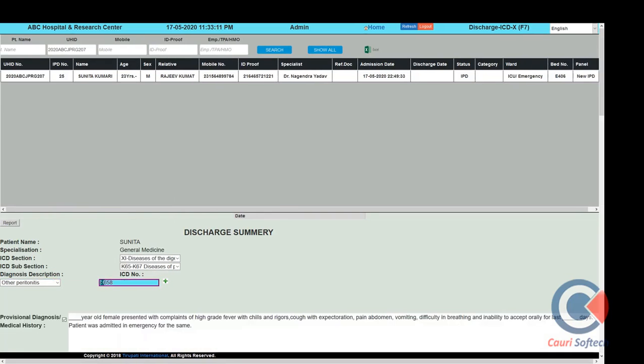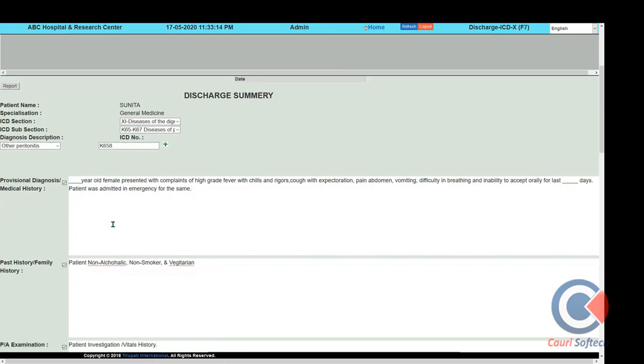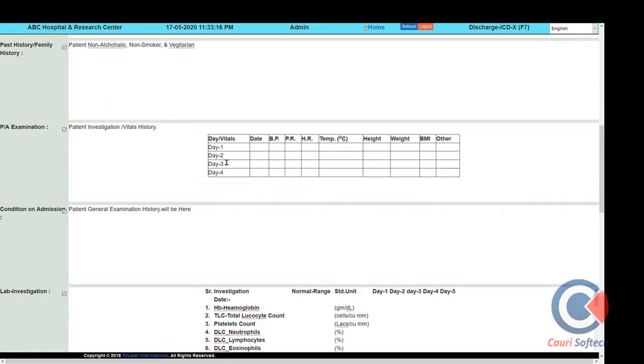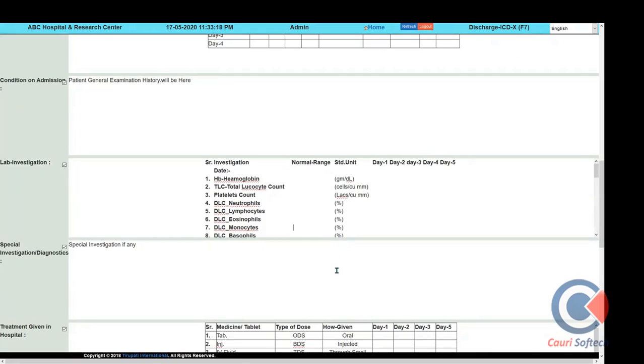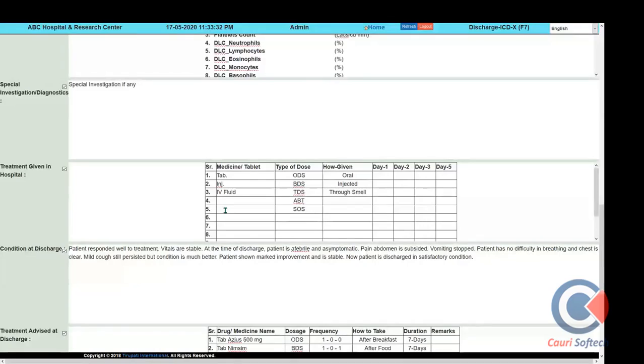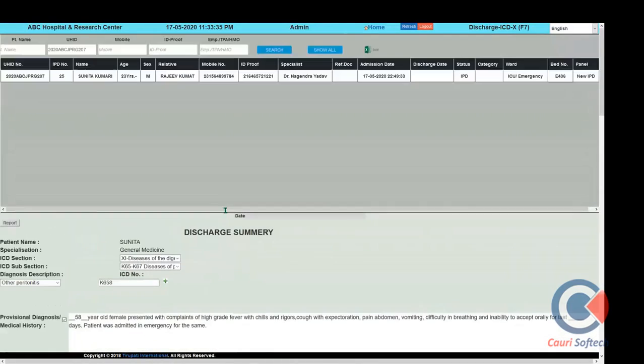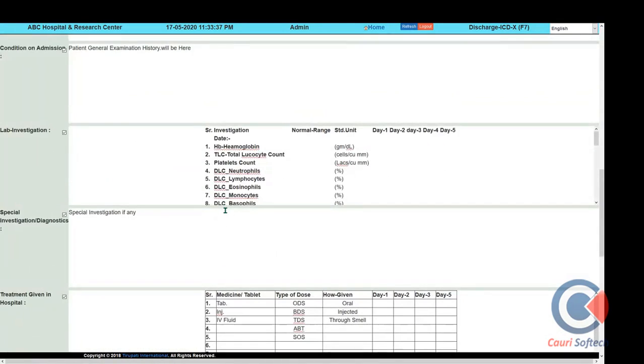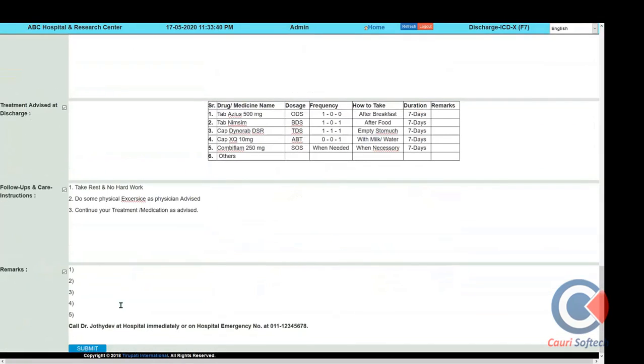The discharge ICD code will be reflected here. This information is editable, and we can put the information, the value and test result will be automatically updated here. Like this way we can fill the investigation field, that is the totally dynamic discharge format, and some values are fed automatically for lab investigation, vital entries, medicine. Automatically we can bring in the discharge summary at the time of the patient's discharge.